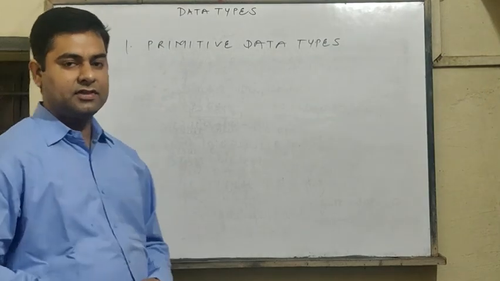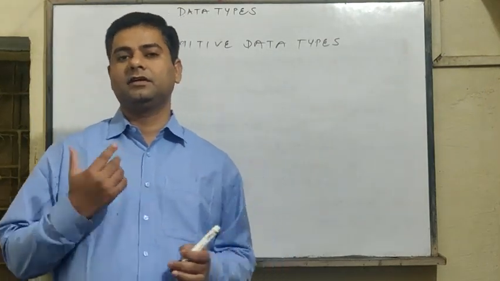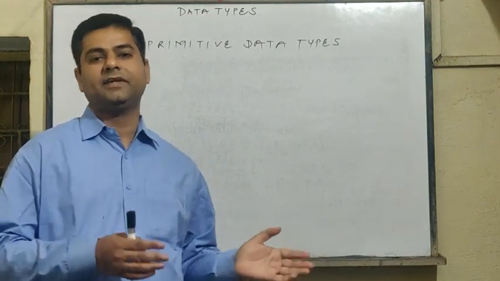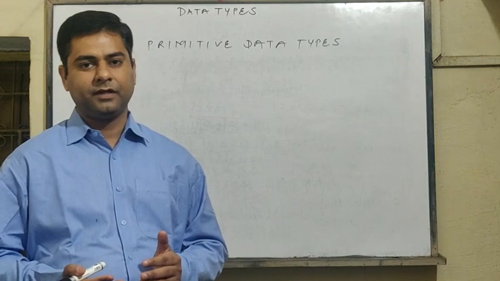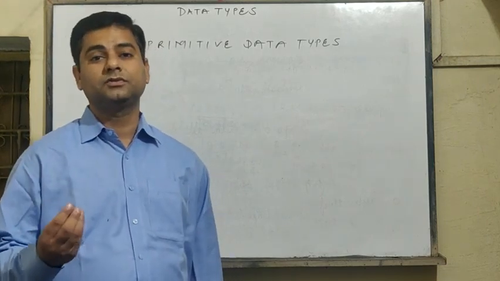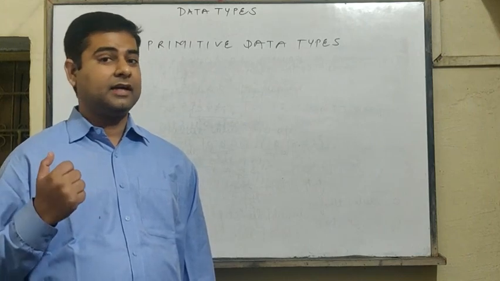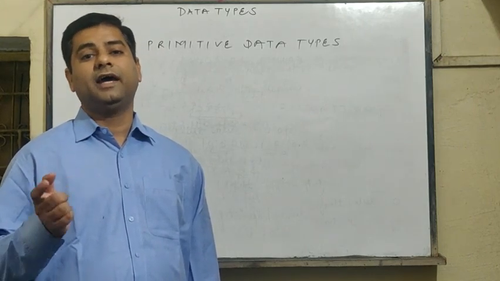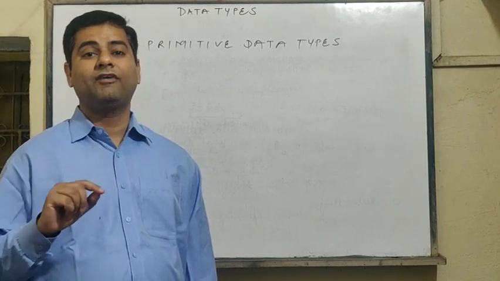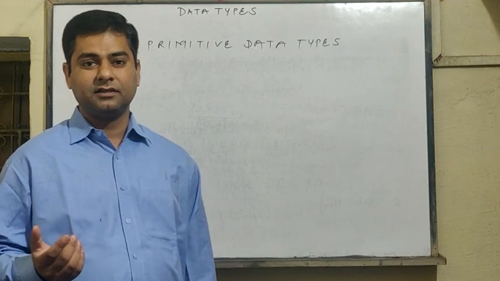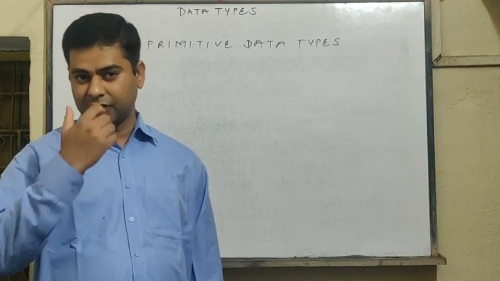So till here you have seen the numerical data types that we can use in Java programming to store the values of integer type and decimal type. Now one more data type is there. Suppose you want to store the values of character data type. Character data type for what? Like suppose you have to store the gender of a person. F for female, M for male, Y for yes, N for no, C for child, A for adult. Getting it? One particular character you have to store.